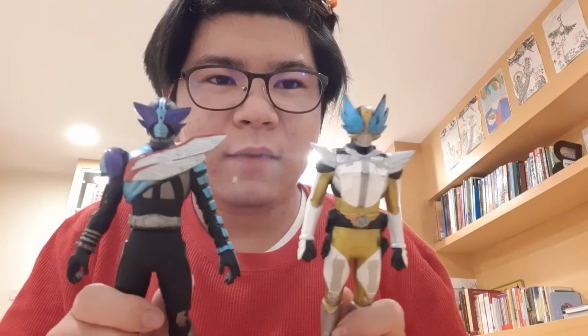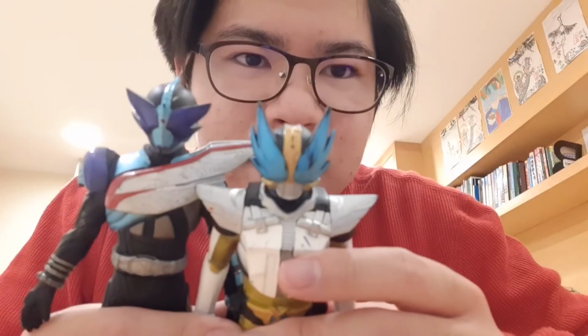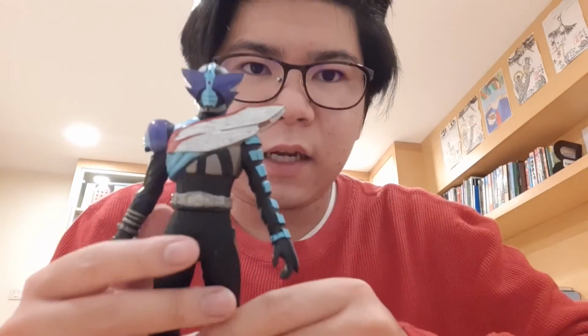form. Honestly, first of all, they're both blue in some cases, and if you see their visors, it kind of looks cool. But I digress. It's all about Drake. And what I like about Drake, first of all, the most unique thing about him is that in his armored form, he can dive into water, which is quite significant because he's blue,